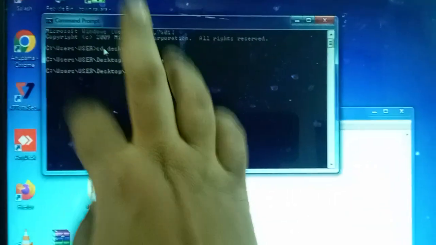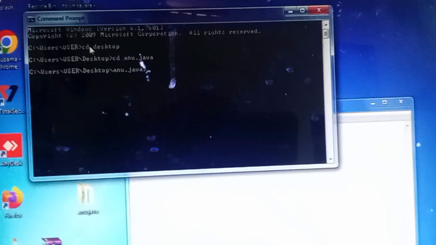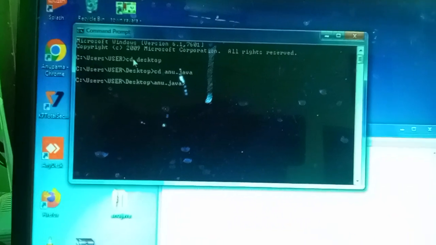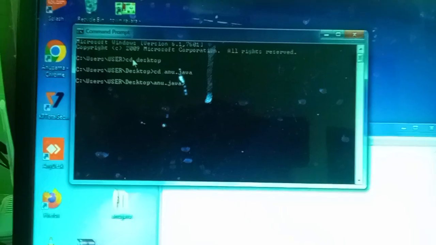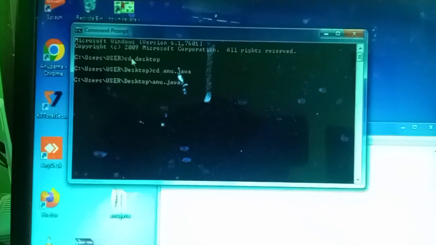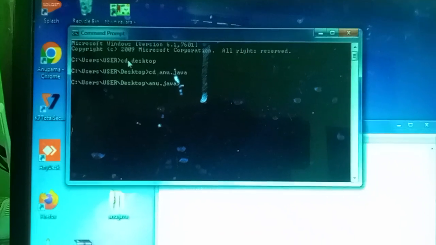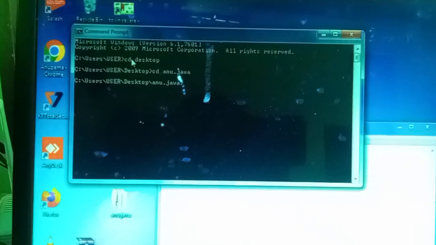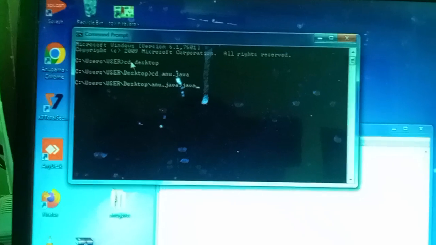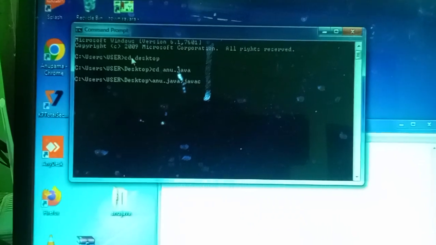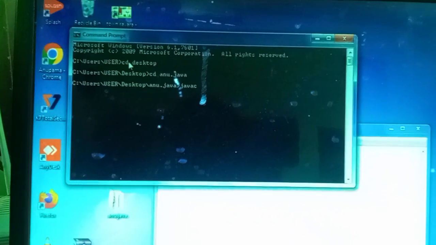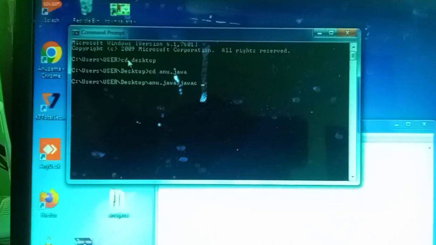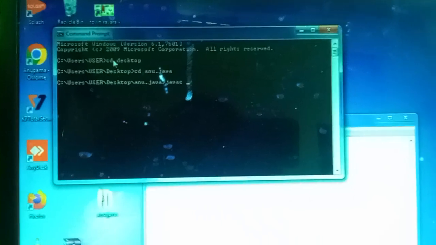Now we have to compile first. Compiling is nothing but converting the human language to bytecode, which is the understandable language to the system. That is the compiled file. So how to compile? javac, space, whatever the program you entered, specify the capital and small letters carefully.